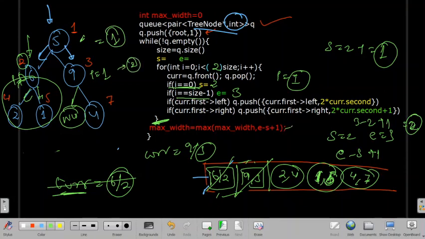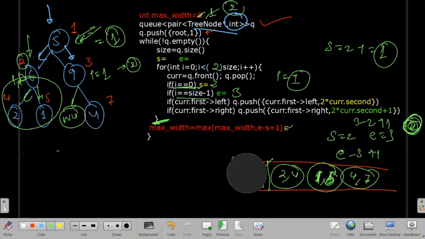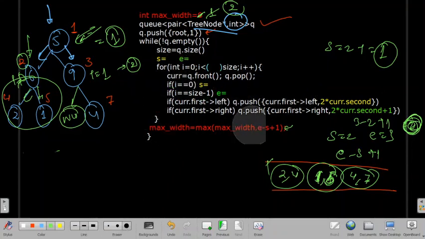So I'll check if my current width is greater than maximum width. Earlier we had 1 on the previous level, now it will become 2 because the current width is greater than maximum width, so I will assign 2. After that, my queue is deleted, and now again I will start from here.